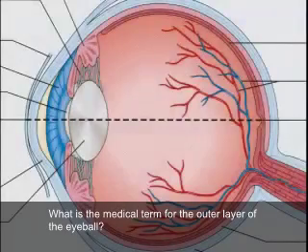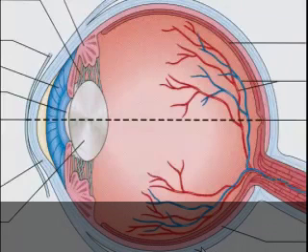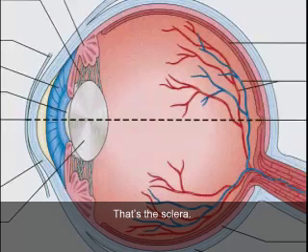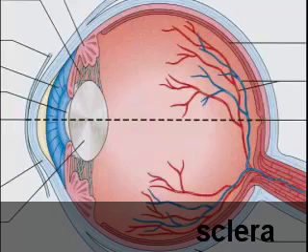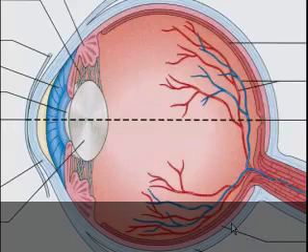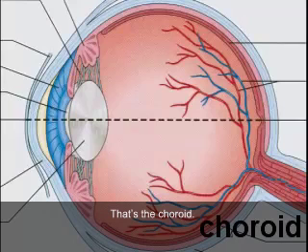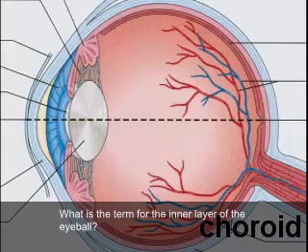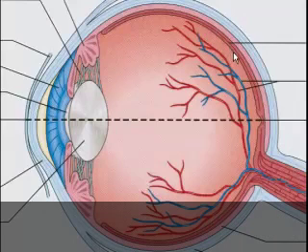What is the medical term for the outer layer of the eyeball? That's the sclera, S-C-L-E-R-A. What is the term for this next layer of the eyeball? That's the choroid, C-H-O-R-O-I-D. And what is the term for the inner layer of the eyeball? That's the retina,